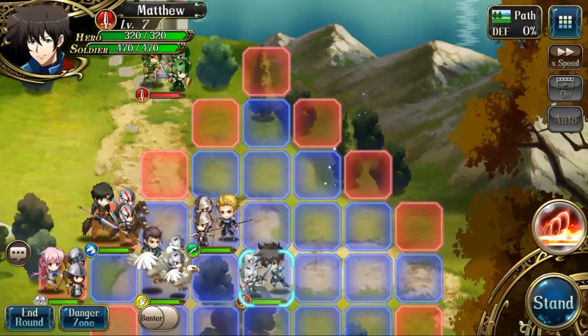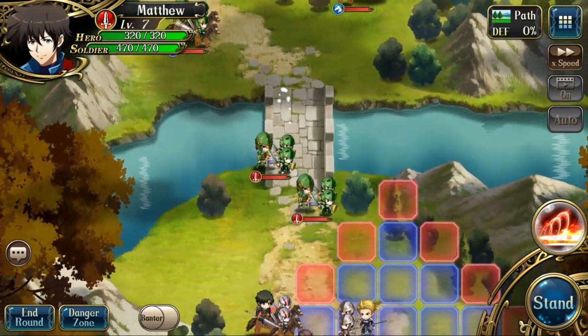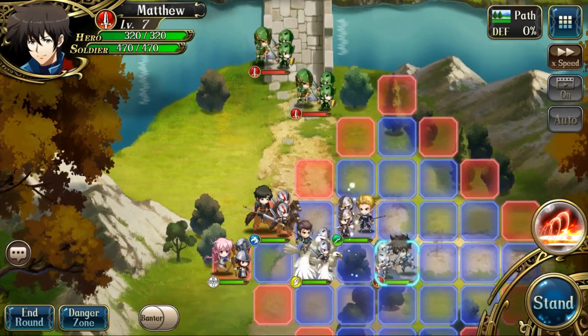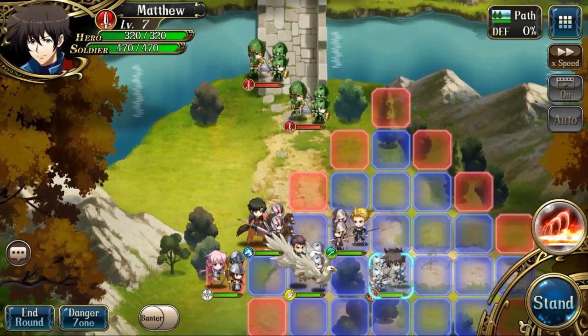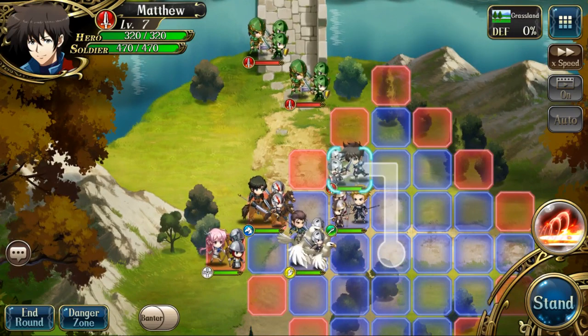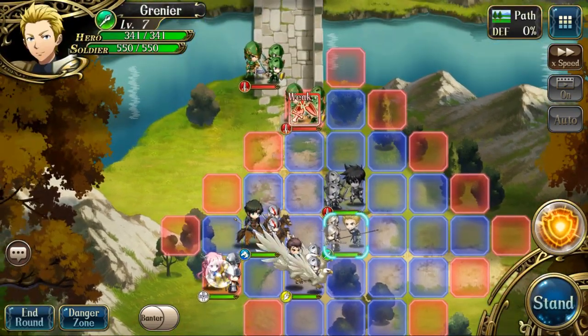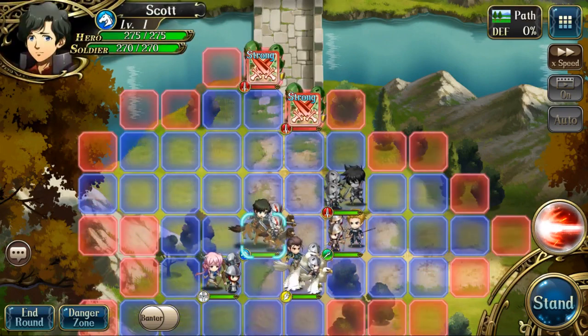Okay, so this map, again, still pretty easy. We're still in the tutorial, but now they're kind of letting the reins off a little bit. We can kind of do what we want. So now we have an interesting situation here. Matthew is unable to get up close enough to fight, and we definitely don't want Grenier up there because he ain't going to be doing a whole lot. So instead, we're actually going to be using...